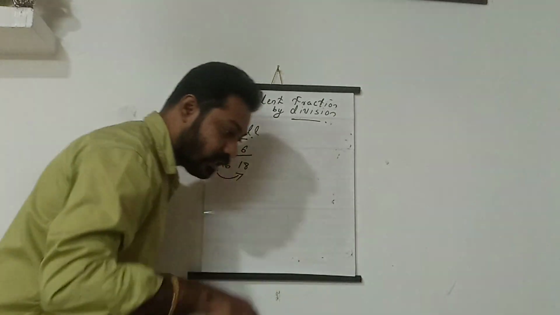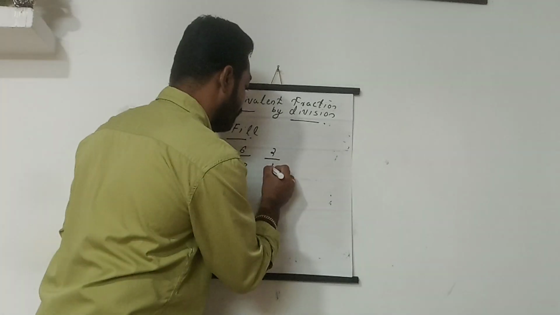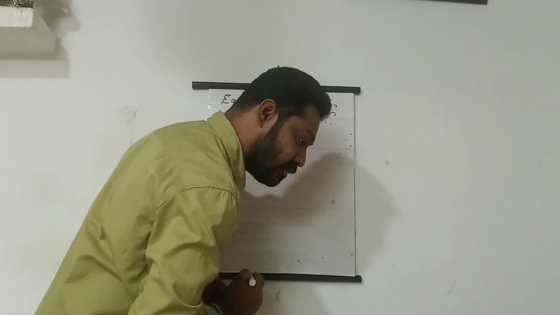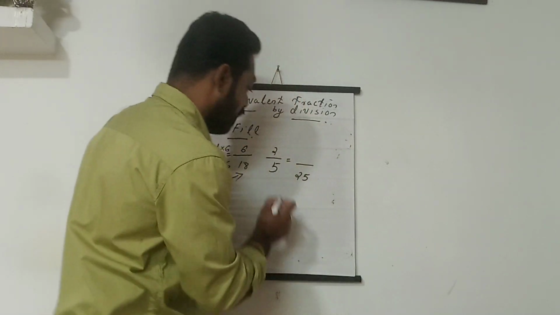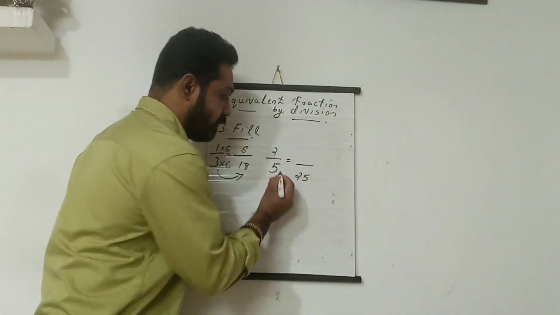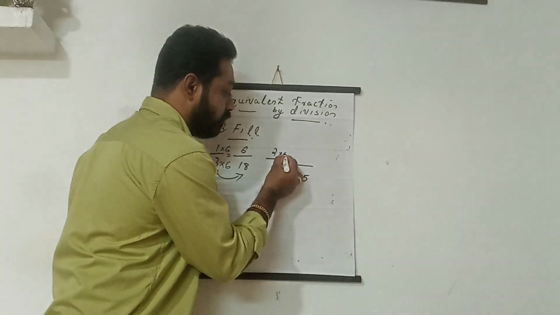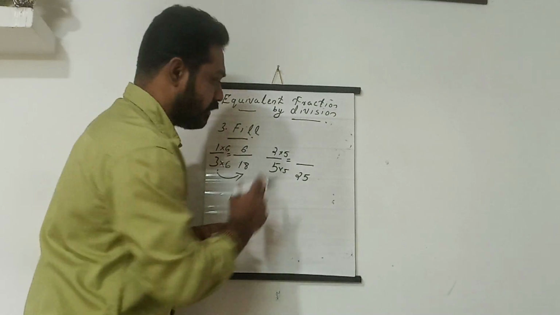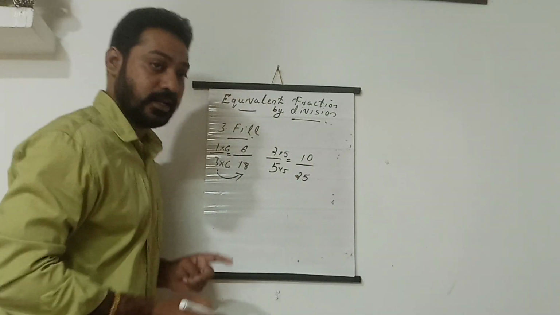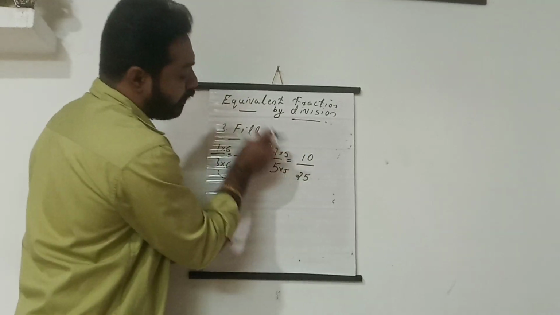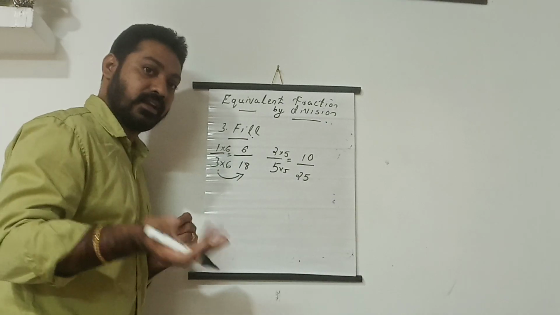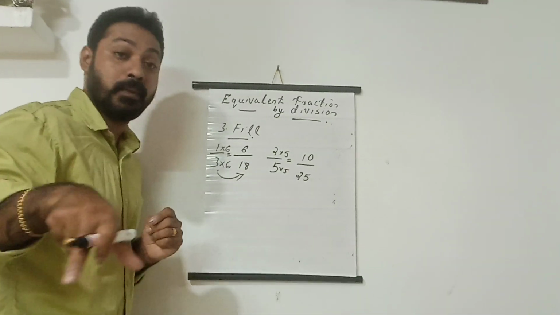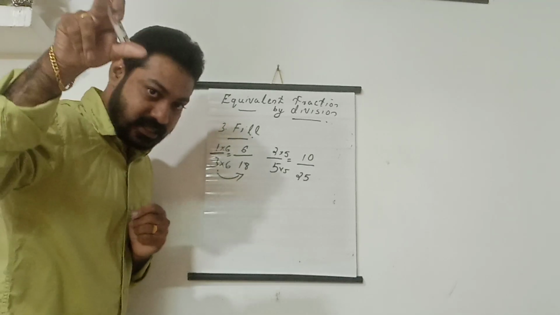Okay, so what is the next one? B, 2 by 5, isn't it? 2 by 5 is equal to dash by 25. Can you say 5 becomes 25? So multiply with which one? 5 5s are 25, so we have to do that 5 on the numerator 2 also, then you will get 2 into 5, 10, understand? The operation we did down here, you have to do it on the numerator 2. We have to multiply with the same number in both numerator and denominator to make an equivalent fraction. So that is for B.